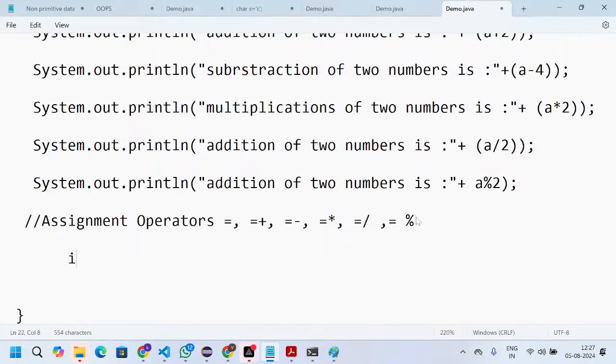For example, here we have int x holding the value 10, or we can take 100, any value.